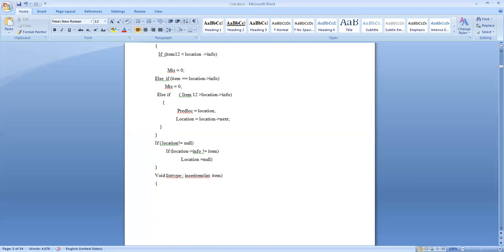Wherever I am going to insert, whether in the beginning, in the middle or in the last, I need a new node. That empty new node will have two members: one is a data member and another is a pointer member. There should be a pointer for that empty node. For that I need a variable. So let me declare a local variable, node type star